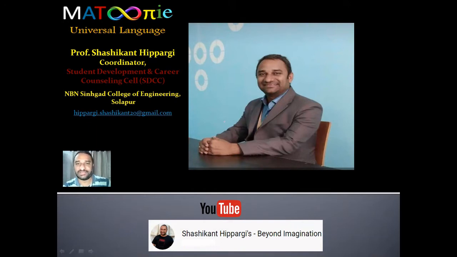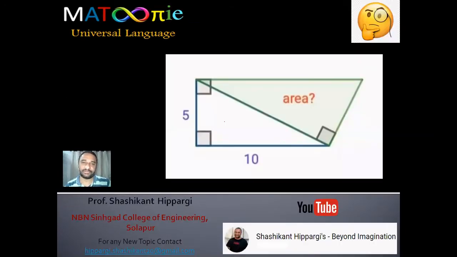So today we'll be seeing a question which is related to the triangle, and the question is something like this. This is a trapezoidal kind of a thing that has been divided into two parts. This is the first triangle, and this is the second triangle. The question is to find out the area of the second triangle, if the sides of the first triangle are given as 5 and 10. So this is the question given to you.